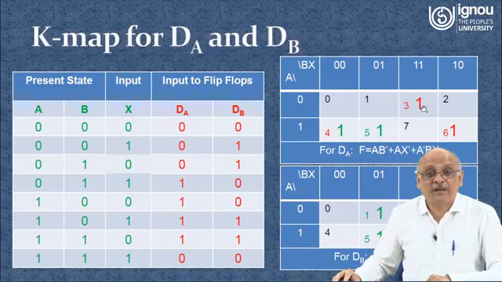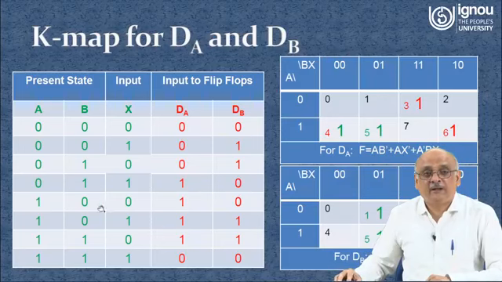You have done the K-map construction in the previous session. So what you can see over here, very simply, A, B and X are here. Whatever we can refer to, 0, 1, and the state for dA what we see in 3. So this is the 3, right? Then we have 4, 5 and 6. So 3, 4, 5, 6 where we have ones.